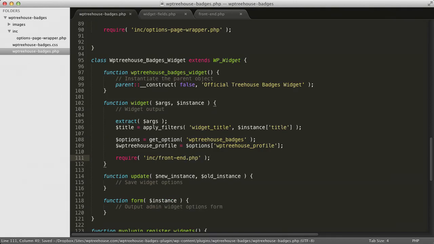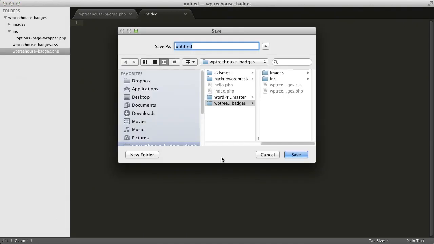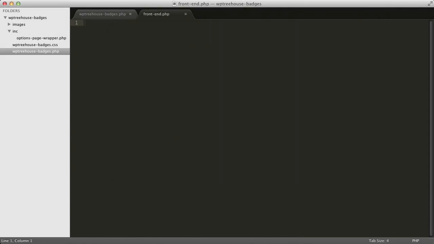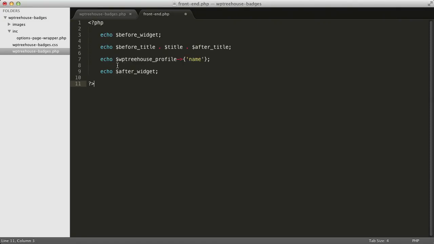Go ahead and create a new file and save it into the include folder as frontend-widgets.php. You're then going to take the front-end code you can find in the projects folder and copy it into this new file here. We see a few things we haven't worked with, but they do kind of make sense